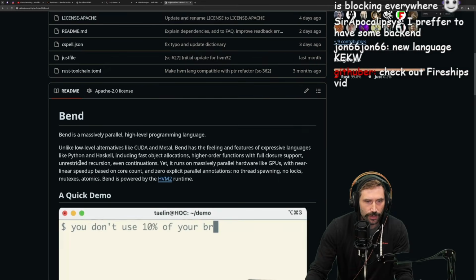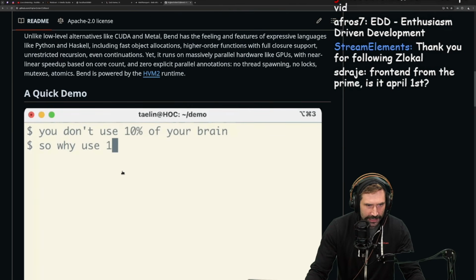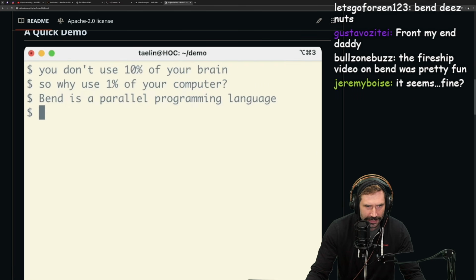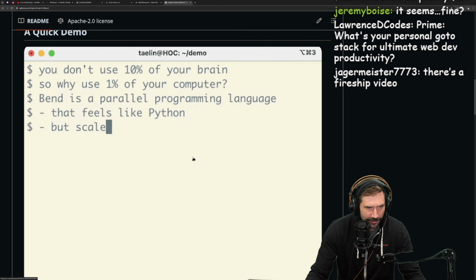Okay, so I saw this tweet, right? I saw this thing right here where it's just like, you don't use 10% of your brain, why use this? And so Bend is apparently a simple language that feels like Python, but also scales like